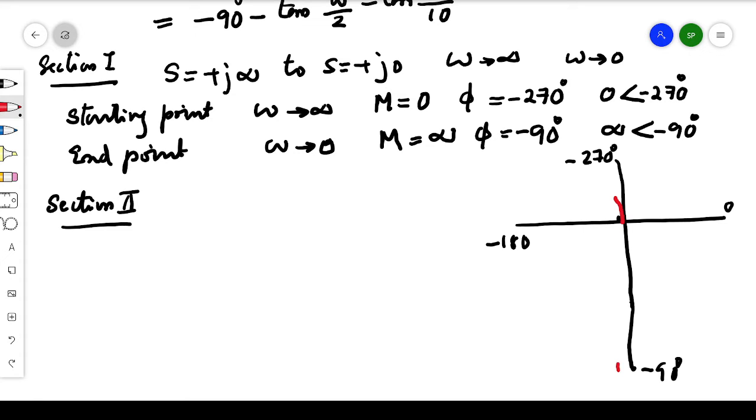So the end point is here. It will be starting from here and it will be going like this. We can see that it will be something like this. You will be getting the polar plot. Now